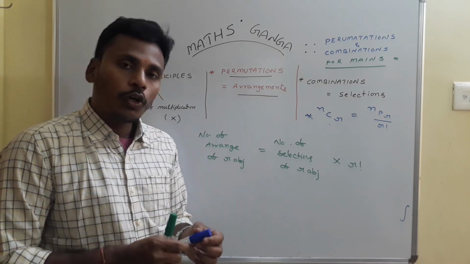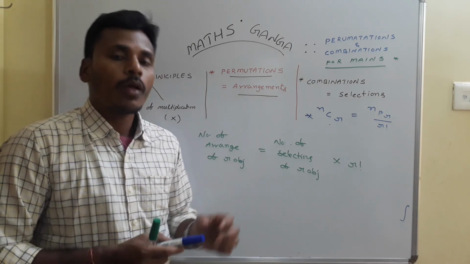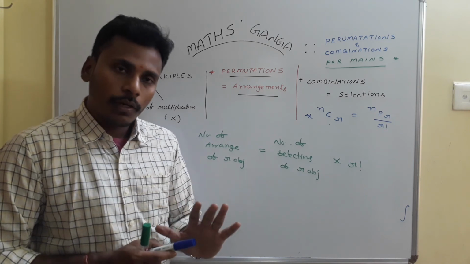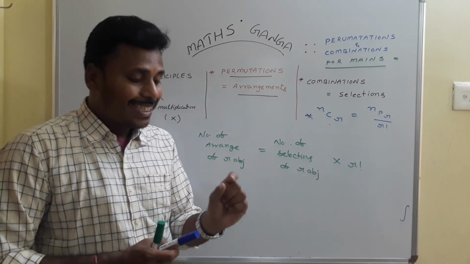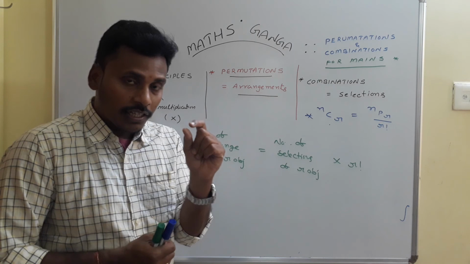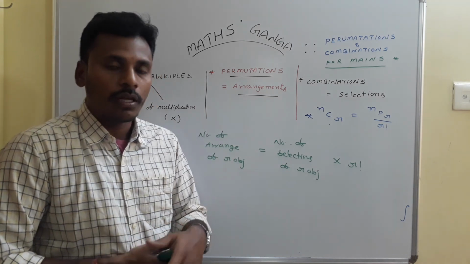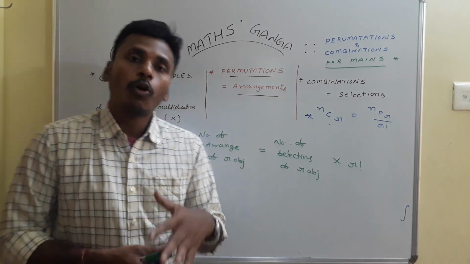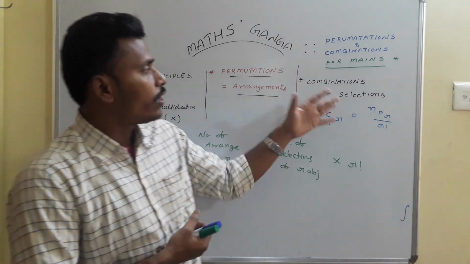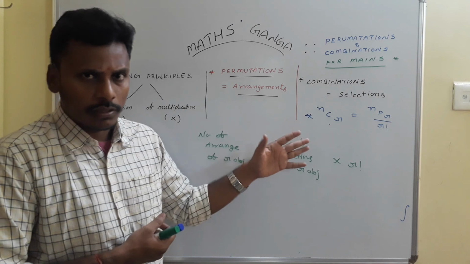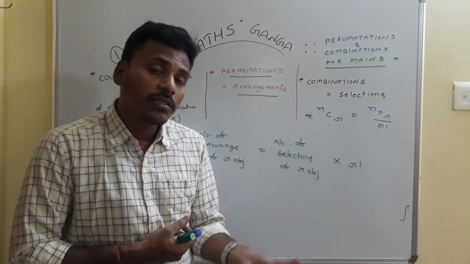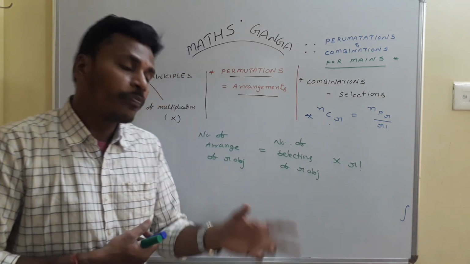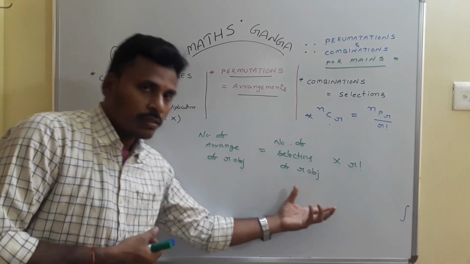We may face different types of problems. First of all, after observing the problem, you need to decide whether it corresponds to arrangement or to selection. That basic decision is very important in solving problems. If the problem is related to arrangements, you go with permutation. If it is related to selections, you go with combinations. And the relation between permutations and combinations, that means arrangements and selections, will be like this: number of arrangements